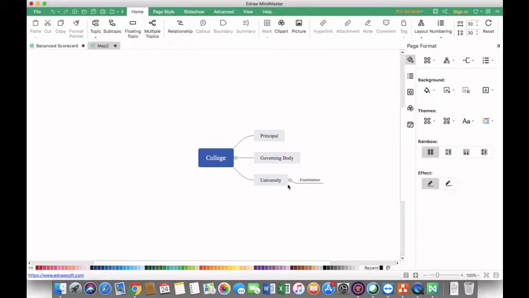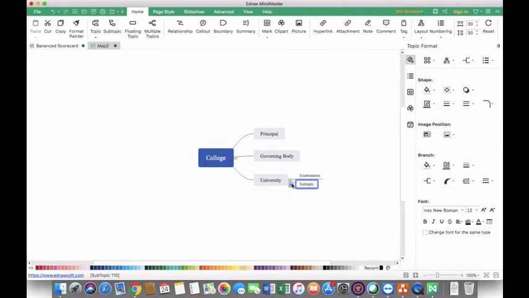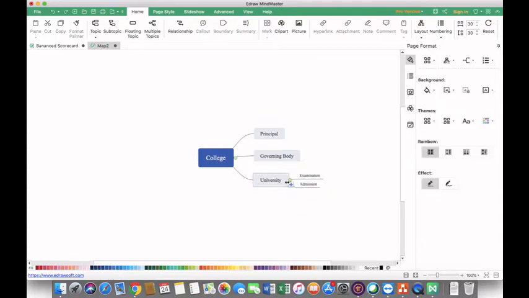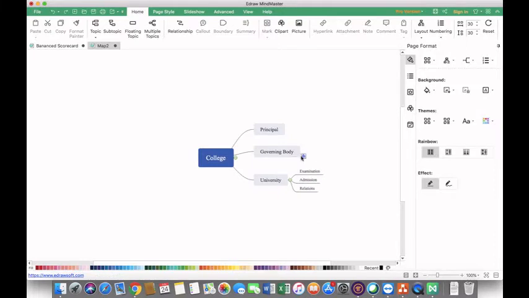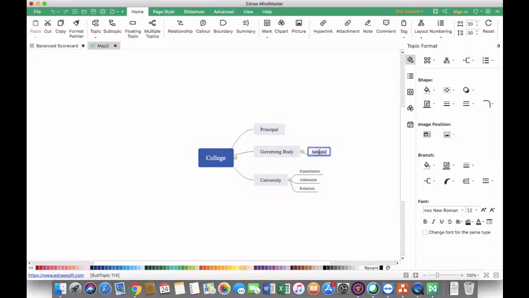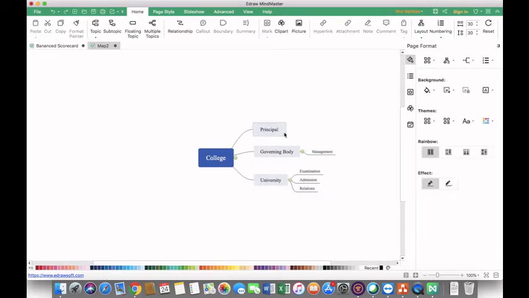Again, the university will provide support related to admissions, support related to relations, maybe international relations. Okay, let me just rename it. Yes, relations. And the governing body will take care of college management and funds.